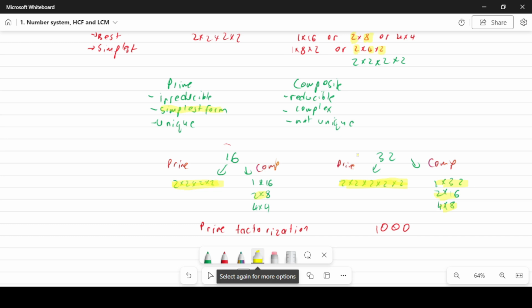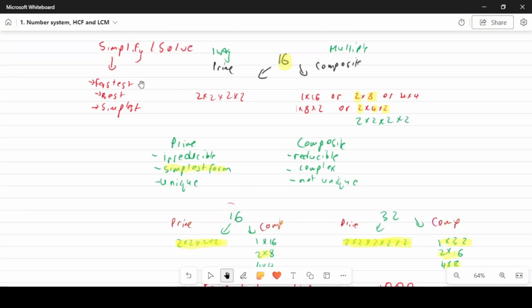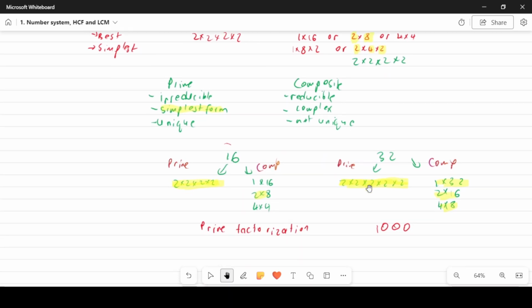And again, like I said, it goes back to the whole idea that we're trying to simplify these problems in the fastest, best, and simplest way possible, right? So you will see the significance of prime numbers and prime factorization when we start talking about LCM, HCF, exponents, factorization, and fractions. But for now, that's basically what I want to say, right? So if you look at it from a different perspective,